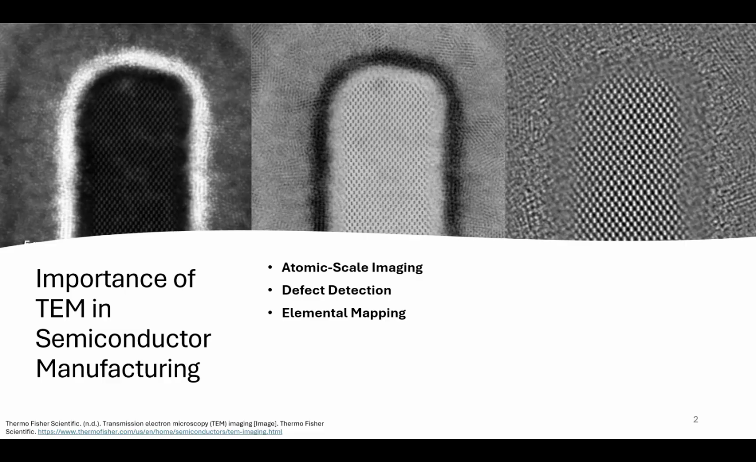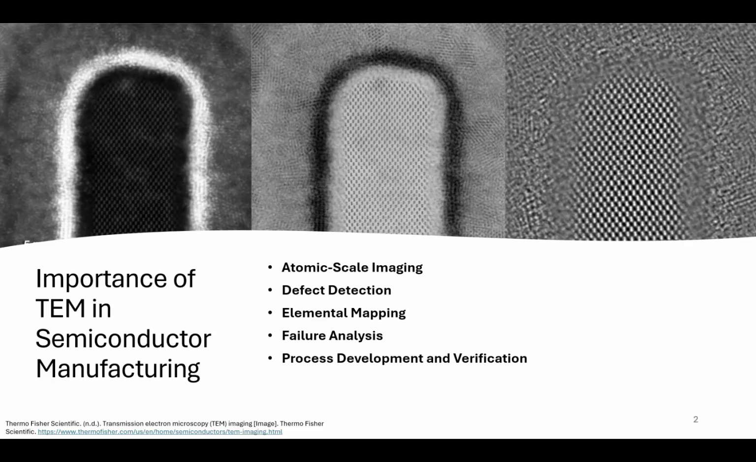When used alongside techniques like EDS and EELS, TEM can also provide elemental mapping, which helps manufacturers understand the chemical composition of devices. And when semiconductor devices fail, TEM data helps engineers understand the root cause by providing detailed images of the failure site. Semiconductor fabrication involves hundreds of complex steps, including deposition, etching, doping, CMP, and so on, and